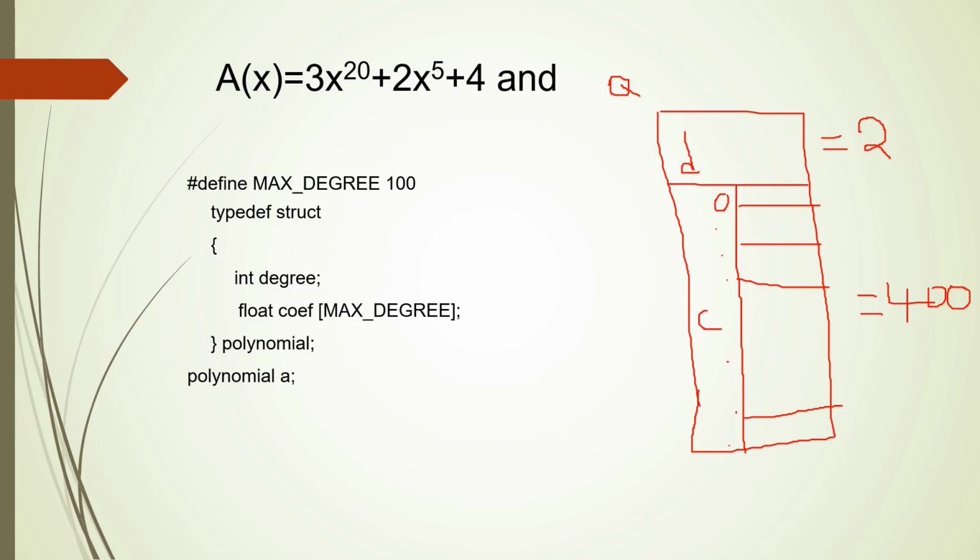So starting with index 0, 3 is going to be stored here. As you know, the formula is in the previous slide. With that formula, 3 is going to be stored here. So now the next term is degree 20. 20 minus i is 20 only. In the 0th location, the coefficient of 20 is going to be stored. Coefficient of 20 is 3, that's going to be stored.